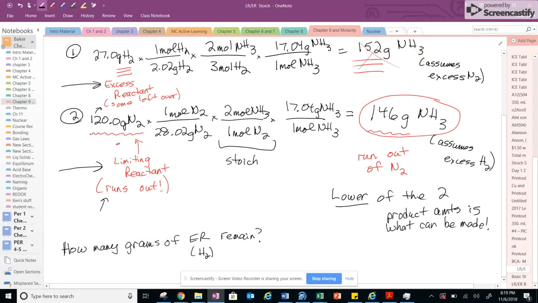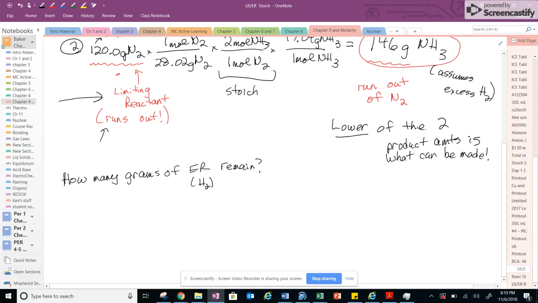Now I know I'm going to use up some of it. I wonder how much I'm going to use. Well, you know what? I know I'm using up all of the limiting reactant, so if I start here with my limiting reactant amount, 120.0 grams of nitrogen, remember, I'm using that up completely. If I go ahead and convert that into moles of nitrogen,